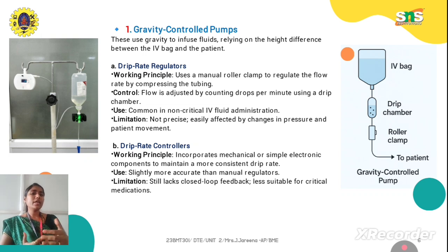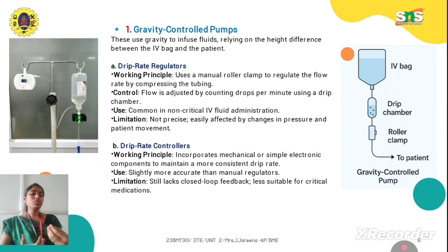In regulators, we don't have any option to check or ensure whether the values we have fixed are actually what is delivered to the patient. In the case of drip rate controllers, we have an extra component, a sensor or some mechanical or simple electronic components, in order to maintain a consistent drip rate, and we can also ensure the drip rate. So this is slightly